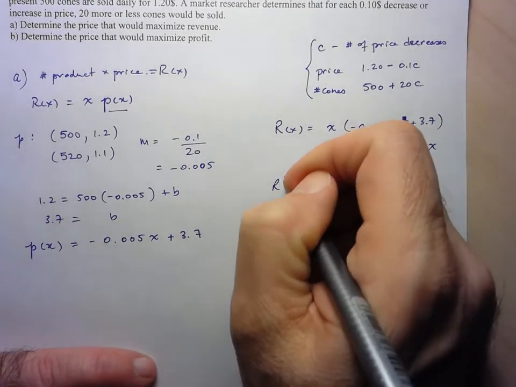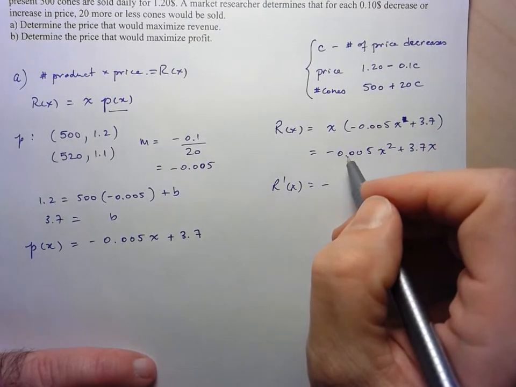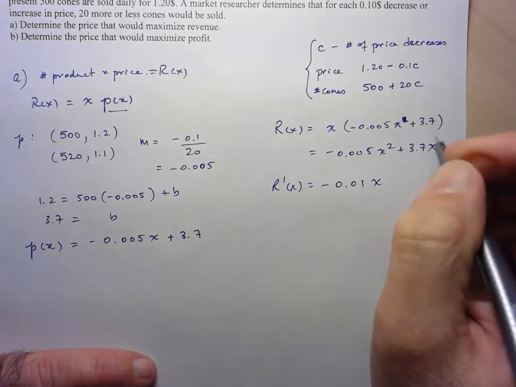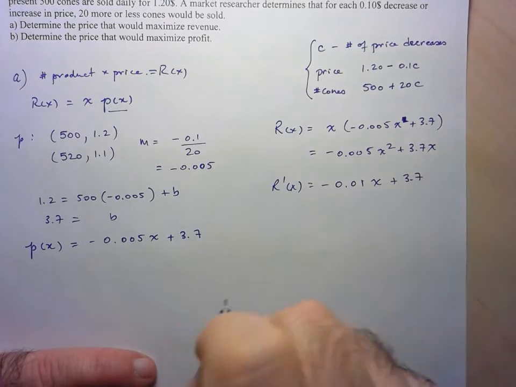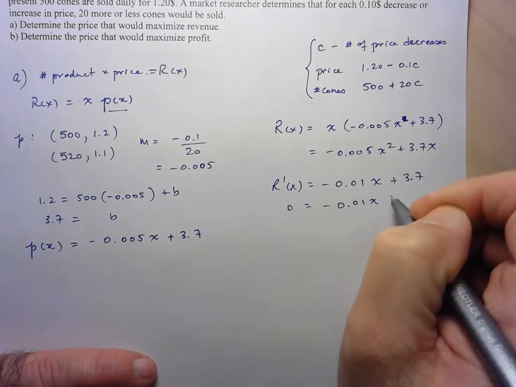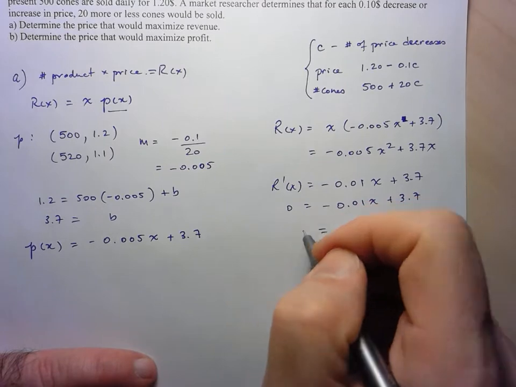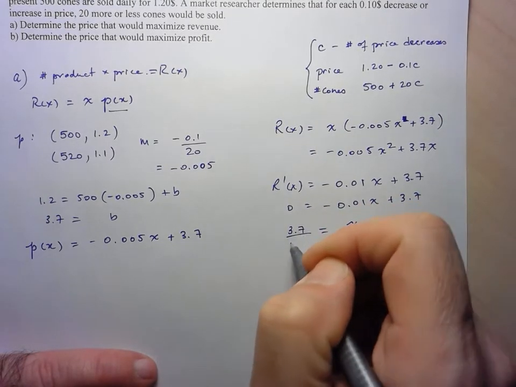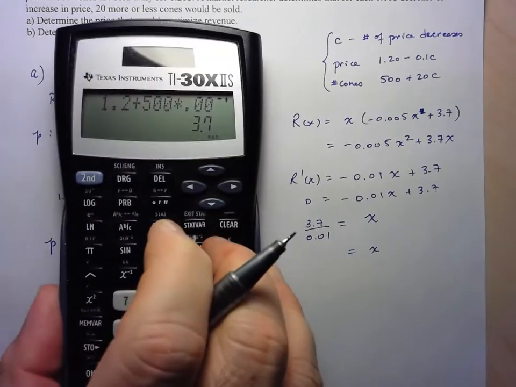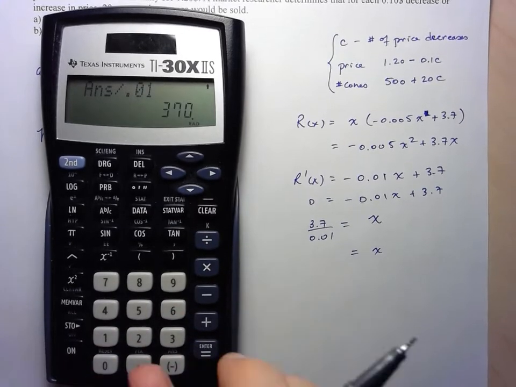Let's just find it. So find the derivative, and here we've got negative, and 2 times 0.005 is just going to be 0.01x plus 3.7. Of course we want the derivative to be equal to 0. So x is just going to end up being 3.7 over 0.01. And so what do we get here? Well, we should know that that's just going to be 370, but let's divide by 0.01 just to check. And there we go,